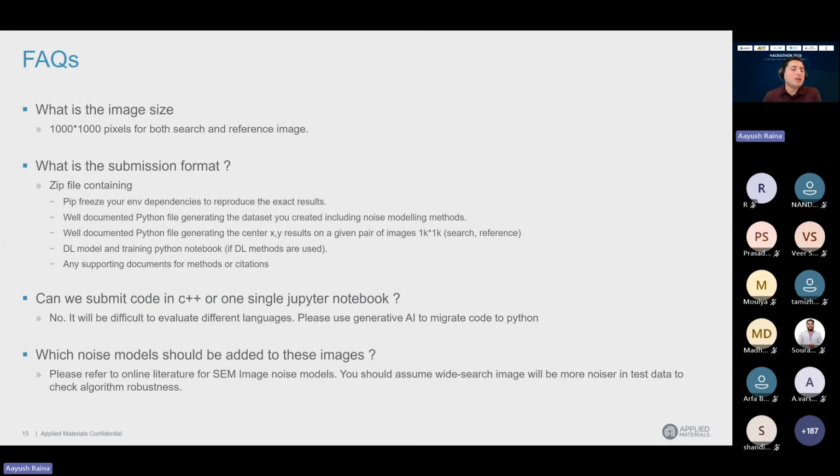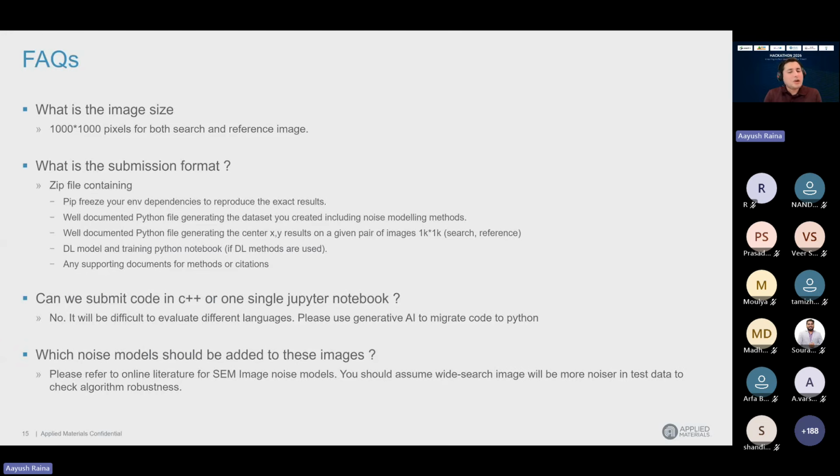So let's say you create 30 images. You try to give a Python file which can create those 30 images in a sequence. You can have some method, like reference 1, 2, 3, 4, which is creating all 30 pairs. And we will analyze using a documentation what exactly you tried to do. Try to have some explanation for your code or method. You can also have a supporting document to justify your choices for dataset creation.